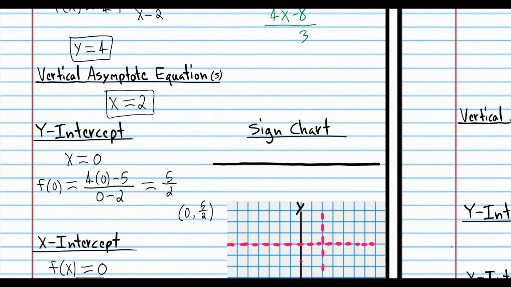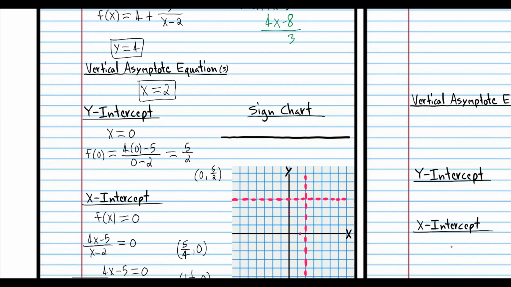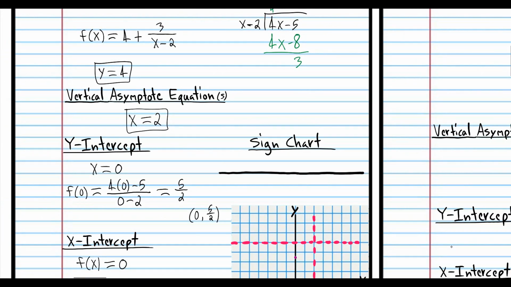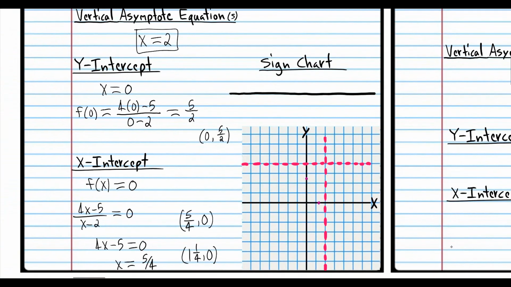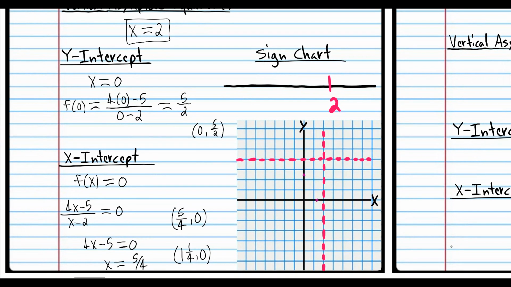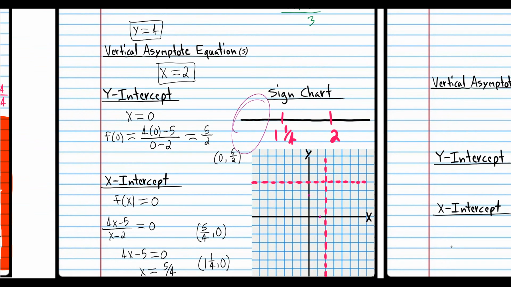Well, actually, let's do our sign chart. We can probably graph without the sign chart because we have a pretty good idea of what it's going to look like, but let's use our vertical asymptote and our x-intercept to help us graph. So I'm going to plug in 0 to the function,